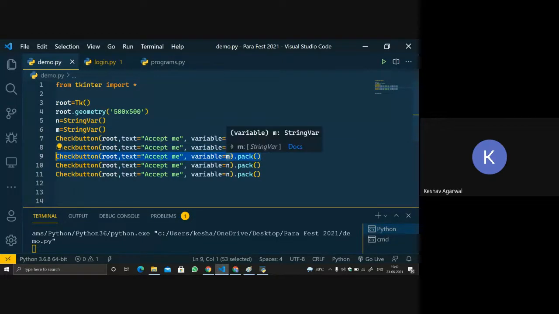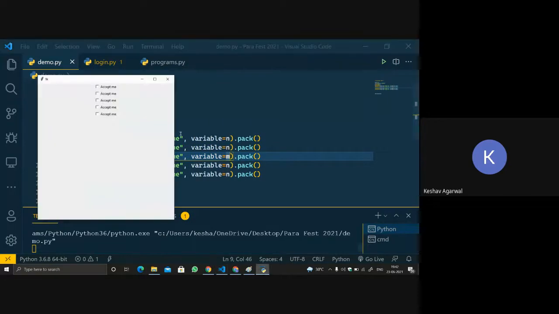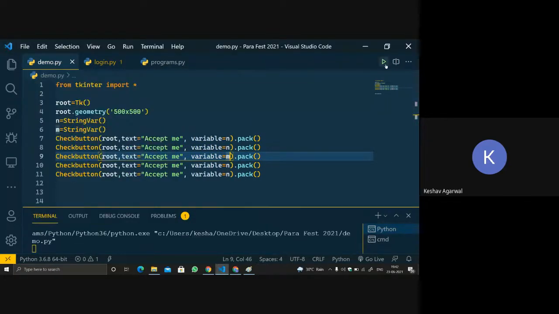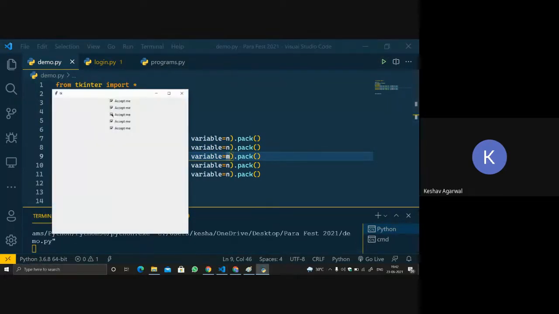Let's close the program and run again. See, if I click on this button, only this button changes because it has its own variable, M. The rest, if I click on any of them, get checked or unchecked together, but this particular button does not. Okay, so is it clear?